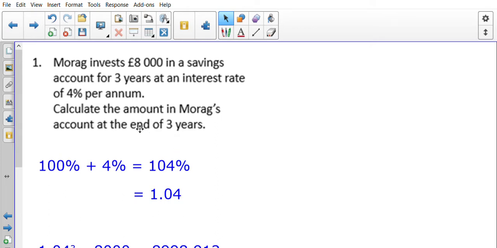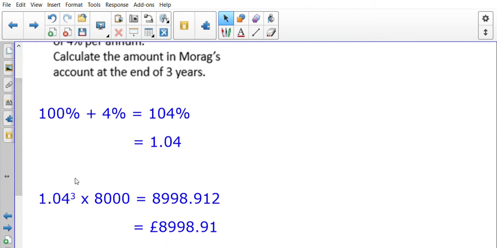Now it's 4% per annum, so that means per year, and we're asked for how much is in the account after 3 years. So that is why when you take your decimal multiplier, that's to the power of 3, because it's for the end of 3 years. You then multiply by the original amount that was invested, so in this case £8,000. Put that all into your calculator and you'll get the answer of